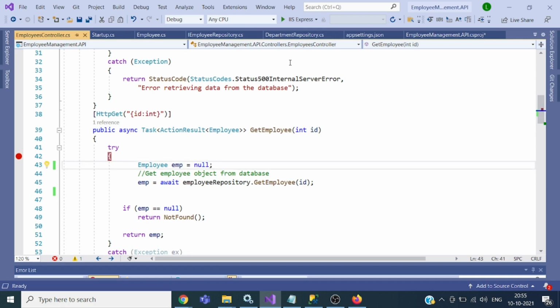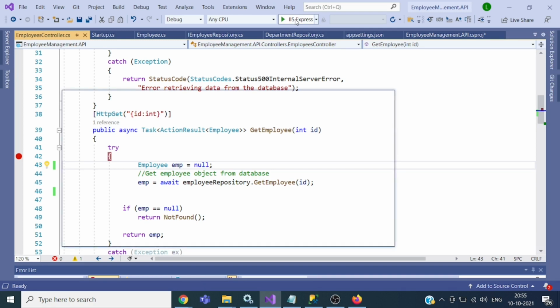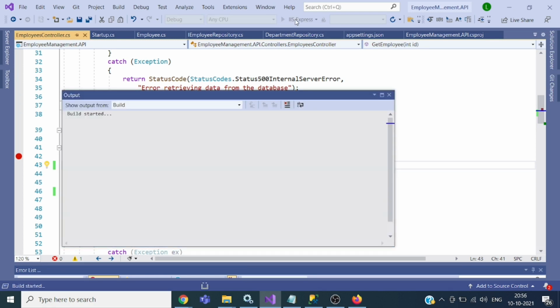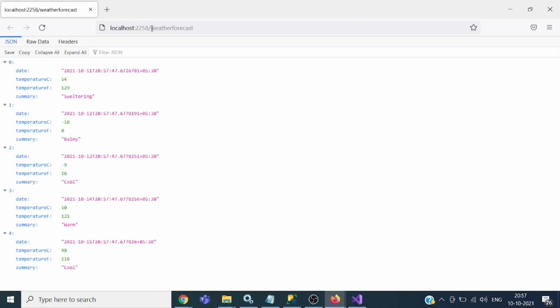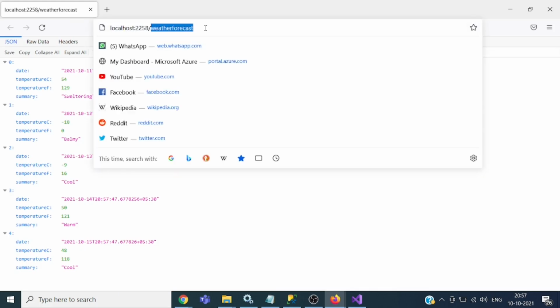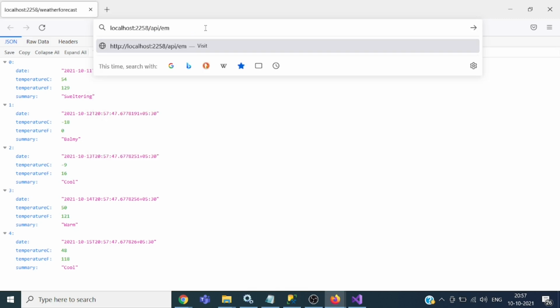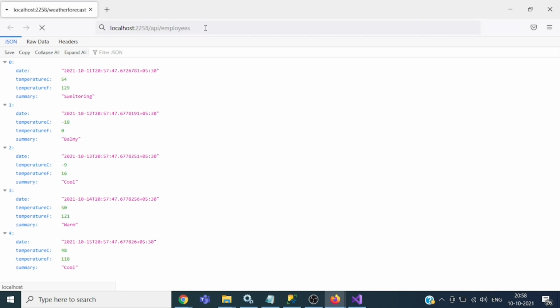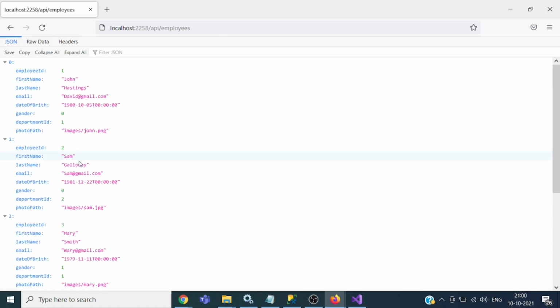So let us check this one. Our API will be API slash employees. It is giving the complete list of all the employee records.